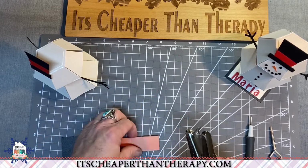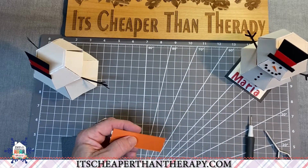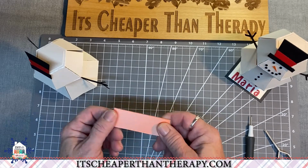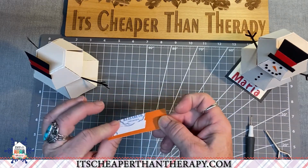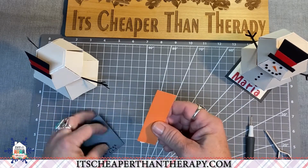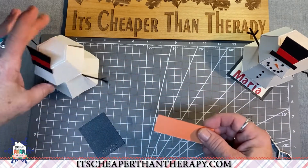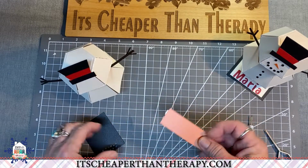Okay. And then what you're going to do for your little nose, go find my little scissors. You're going to do the exact same thing. You could take your double-sided tape. This one's from Elizabeth Craft. You could do the Sizzix one, and just cut your little nose and then stick it right on there. That way it's already a sticker. So then you don't have to mess around with it. So we're going to put that little guy on there as well. So that is how you do the little